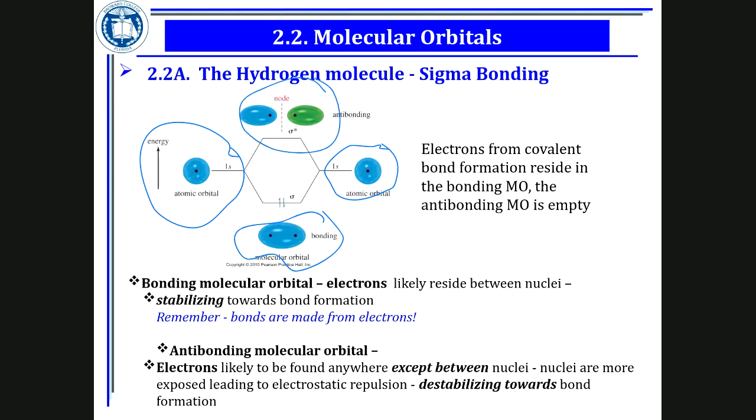If the electron is forced to go to anti-bonding, it's going to push the 2 nuclei away. Basically, they're repelling each other, so they are not going to be stable. Electrons in anti-bonding are not stable, because just look at the energy diagram here. It's a better picture. The energy diagram for the atomic orbital is right here, and then you have your bonding orbital, which is much lower, and anti-bonding is much higher.